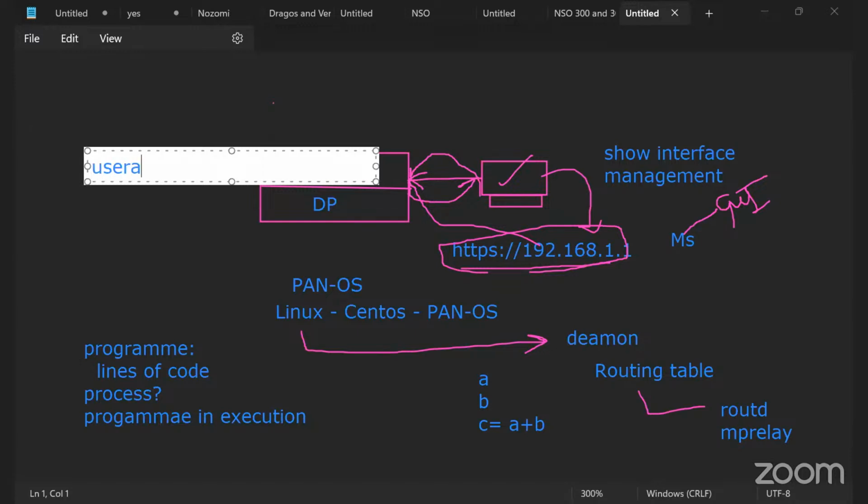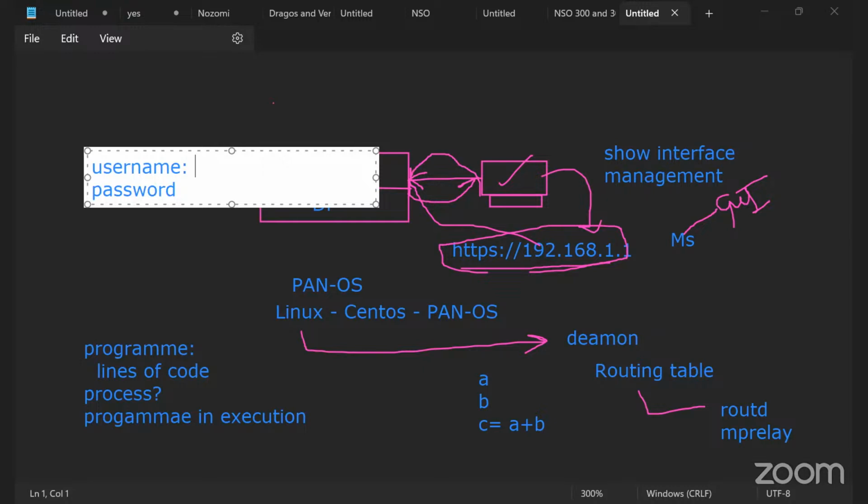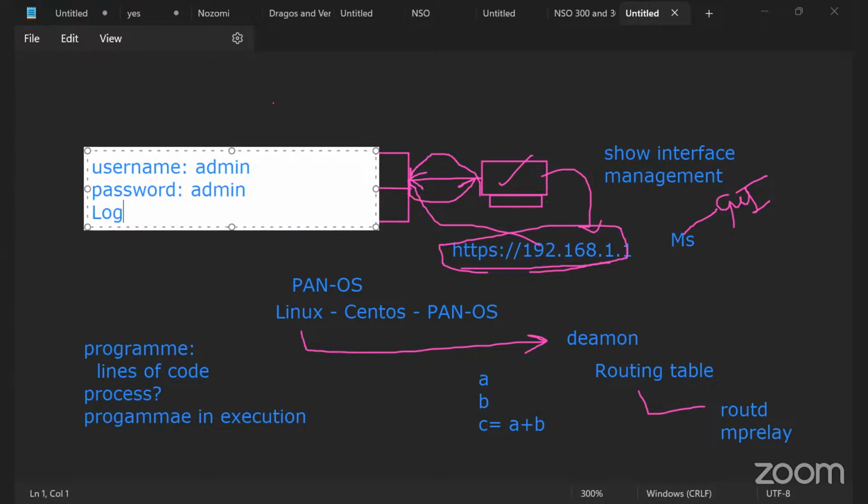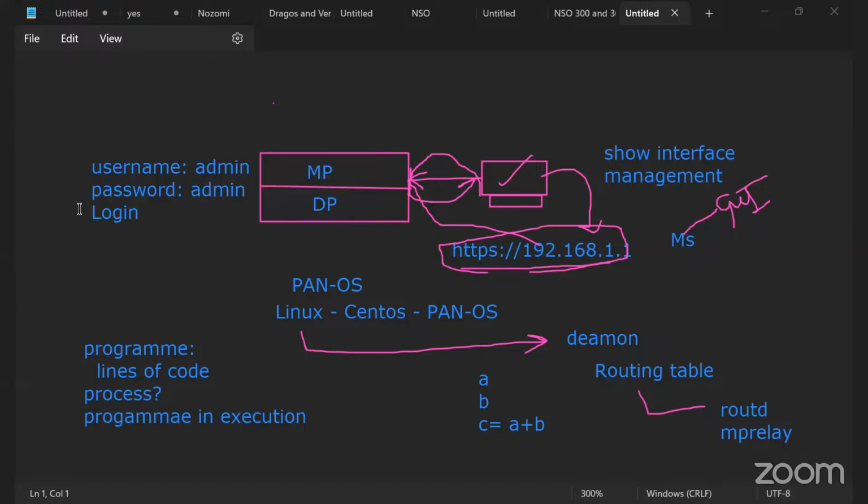Now, next thing is, let's say my output on the screen is asking me for a username, and now it is asking me for a password. I entered both things. Let's say I entered username as admin, and password also as admin. And then I clicked on something called login. Now, the moment I'm clicking on the login button, this is important. Once you click on the login button, not the page, the login button, now your firewall will be handing over the data, or it will be calling upon a daemon who understands what I mean by this username and password,